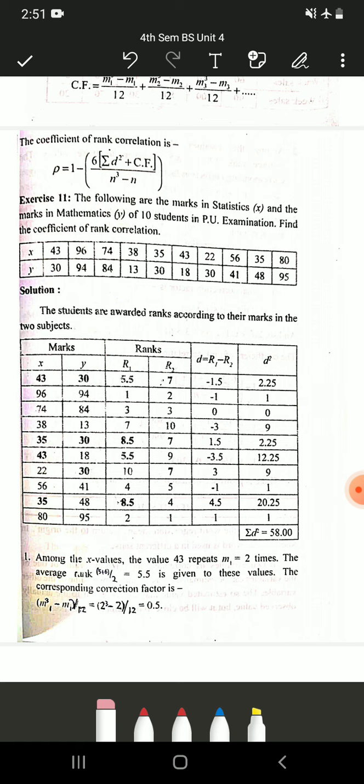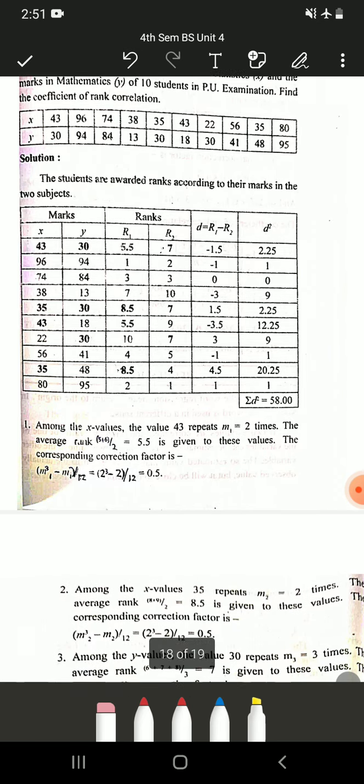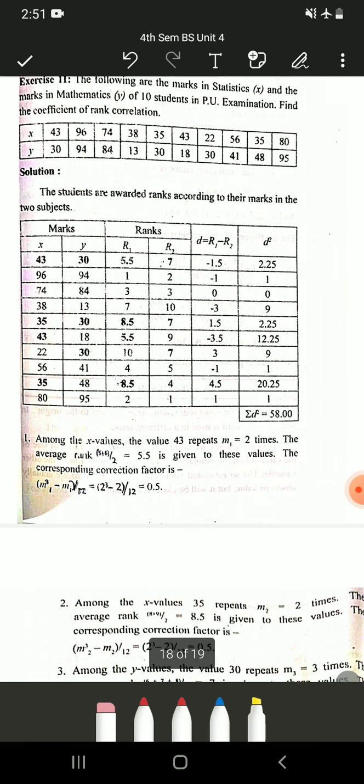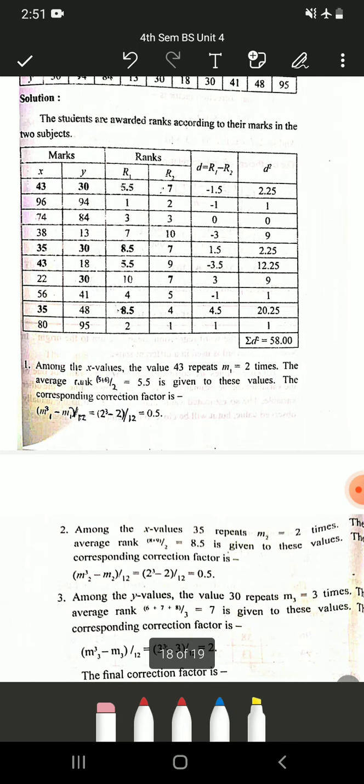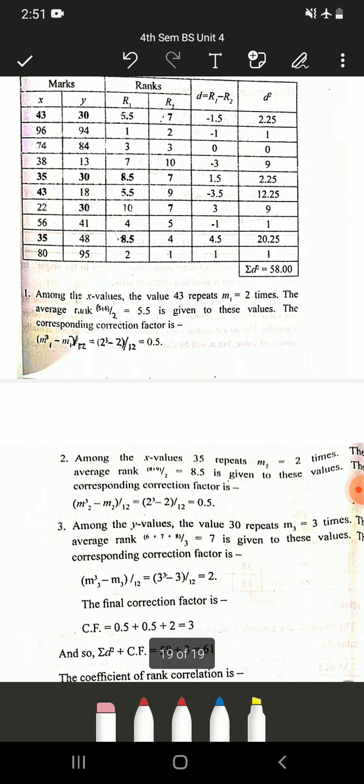So once you get the rank, the next step would be to find the D, that is the difference between R1 and R2. So it is usual, 5.5 minus 7 is minus 1.5, 1 minus 2 is minus 1. So on, find out D, then find out D square, and then take summation D square, you get 58 in this problem. Now because we have repeated ranks or there is a tie, we have to see with the correction